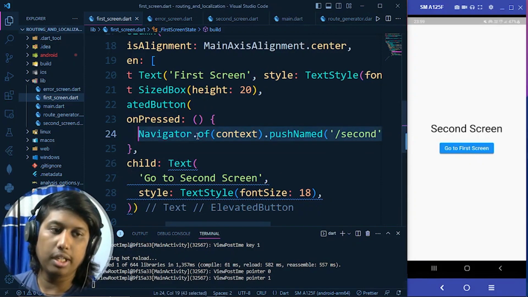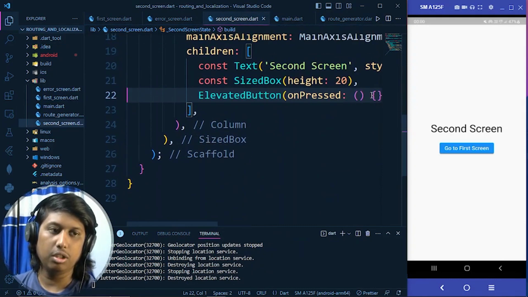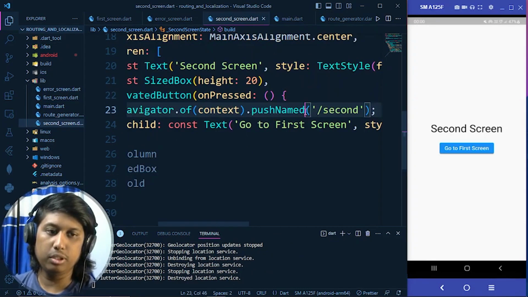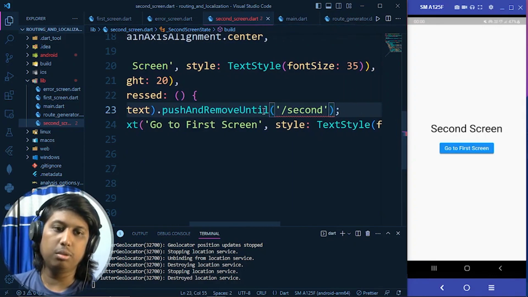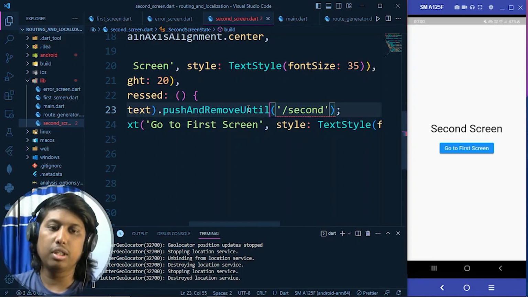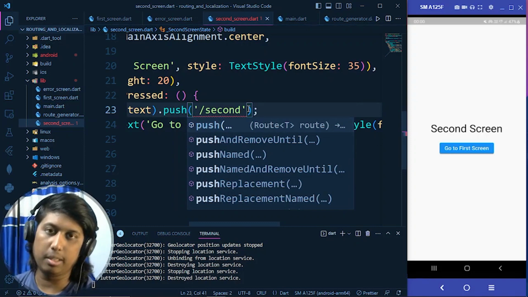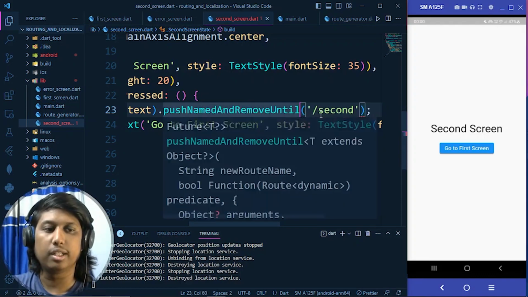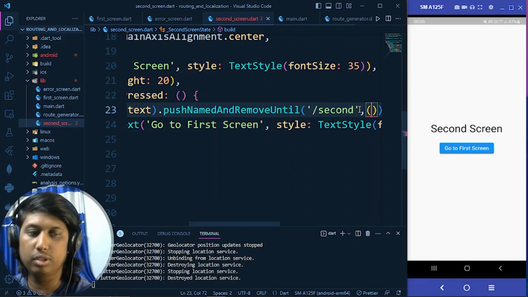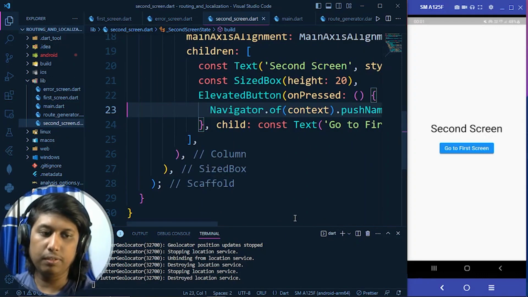Now in the second screen, instead of push named I write here push and remove until. I am not explaining the work of push and remove until here, because I already explained that functionality in the old video where we learned about navigation in Flutter. But here we have to use push named and remove until. And as you know, for push and remove until, we have to write route false. Now if I make a hot reload here,